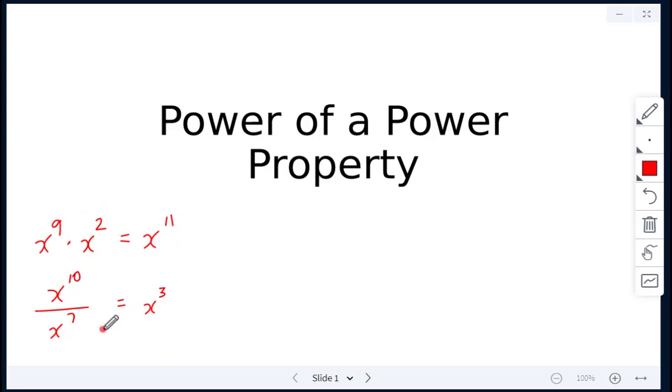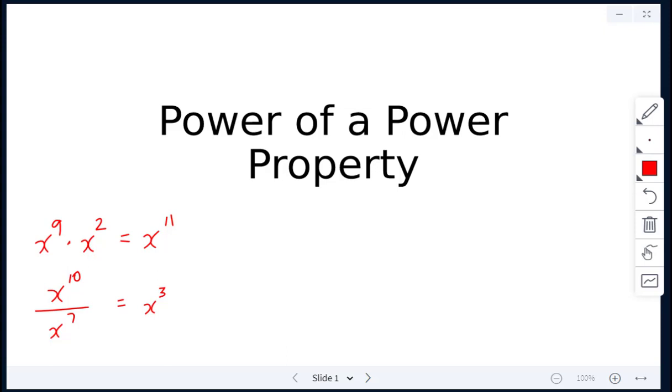Here we had our quotient law. X to the power of 10 divided by x to the power of 7, we can subtract our exponents. So 10 minus 7 gave us x to the power of 3. So that's just a quick review of the product law and the quotient law. Next, we are looking at,